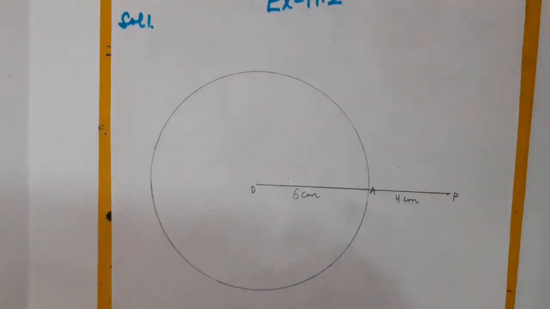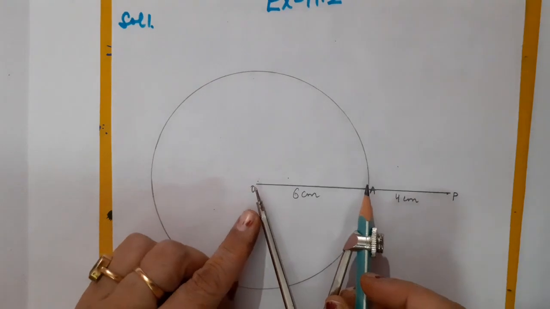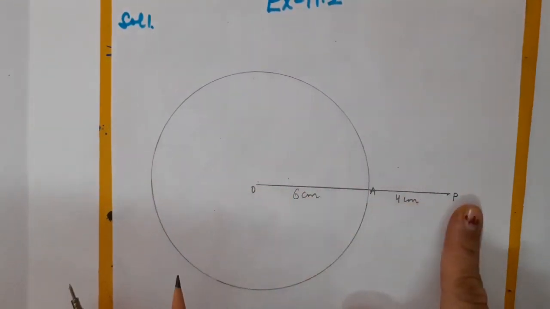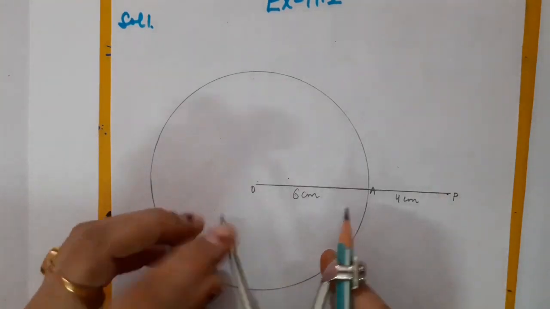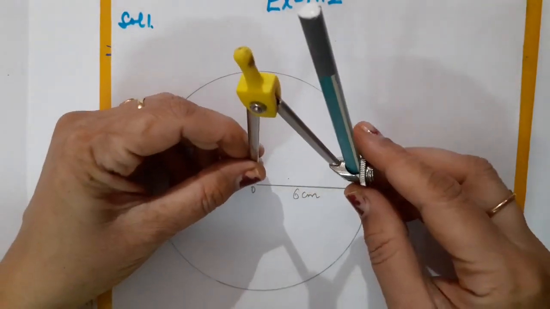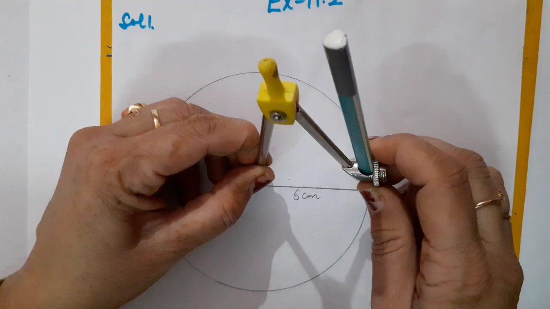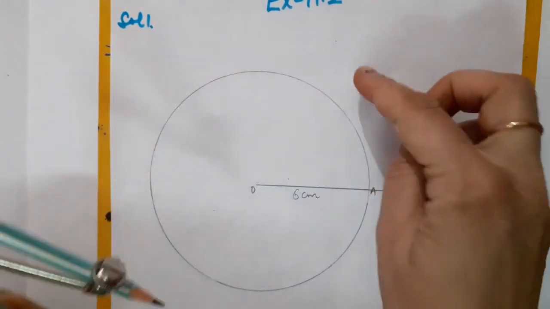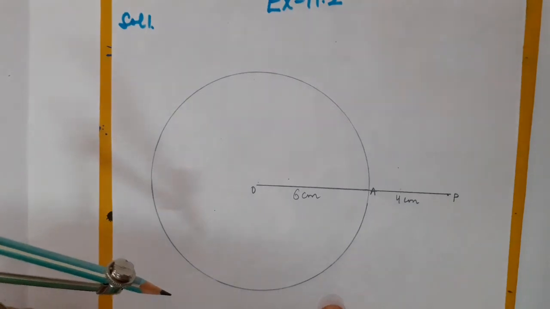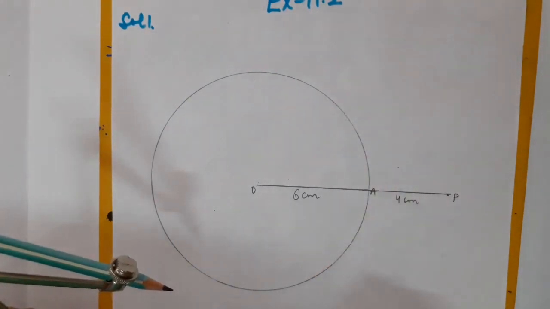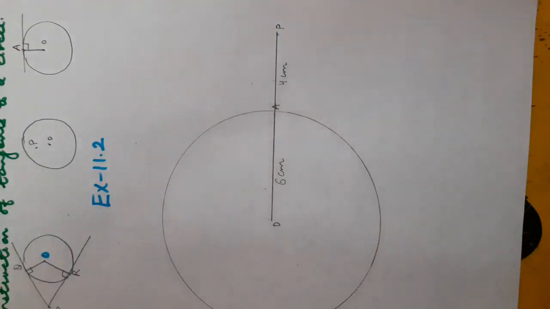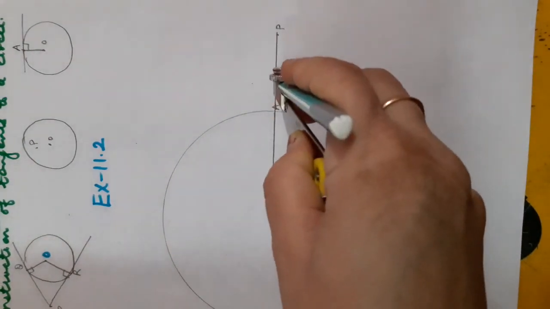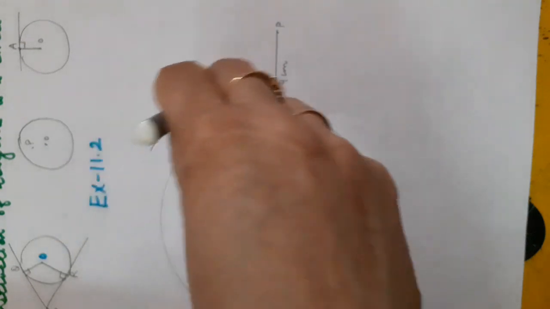You know how to draw the bisector of the line OP? Definitely you are supposed to take more than half of the length of OP. You are supposed to open the compass more than half of the length OP, and then you are just going to draw the arc on the upper part as well as on the lower part of the line segment to divide it in two equal parts. So children, here you can see that I have taken more than half of the length OP, and I am just going to